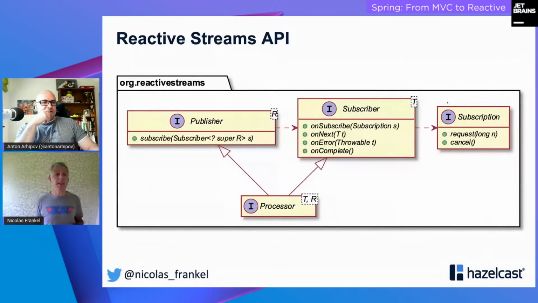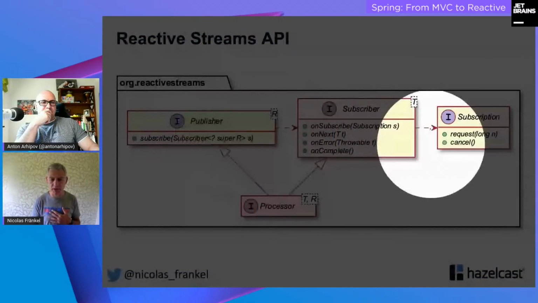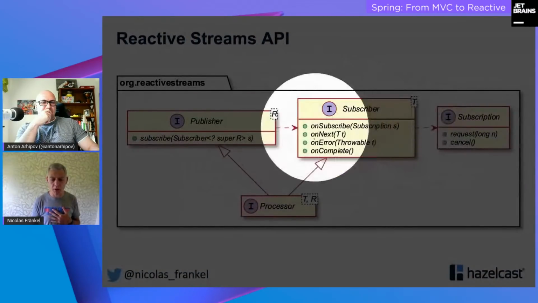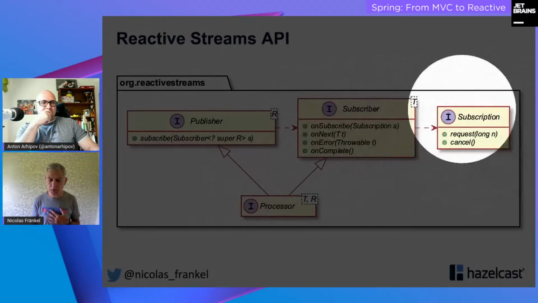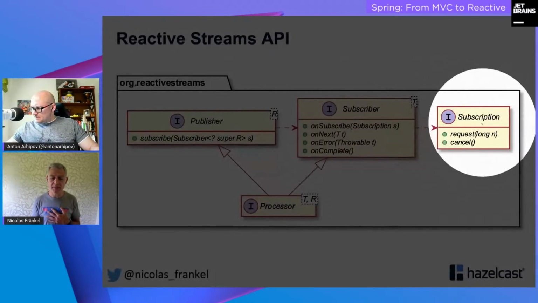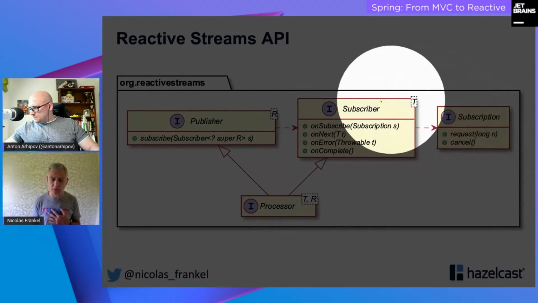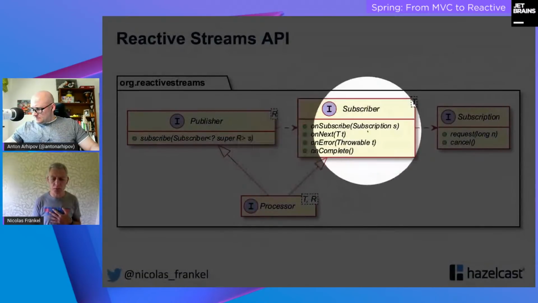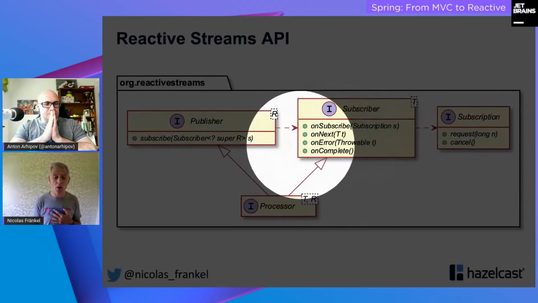And so this is the Reactive Streams API, and you can see it's very, very simple. It's very, very abstract. You've got one publisher that subscribes to a subscriber. The subscriber itself has 4 primitives: onSubscribe, where you pass in a subscription. The subscription itself, you can cancel it or you can request n items. And this is where you can see the back pressure. You can see it's actually the subscription that requests. And then you've got stuff to do when you've received an item, when you've received an error, or when you